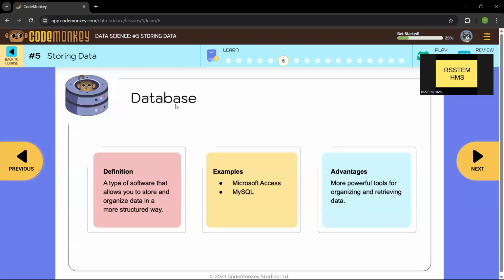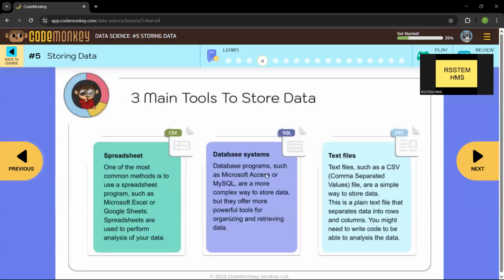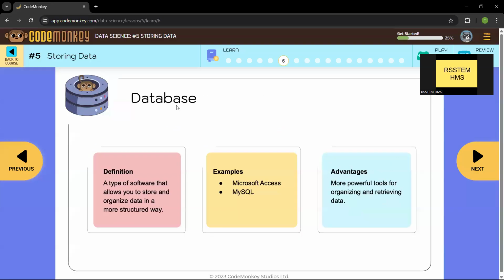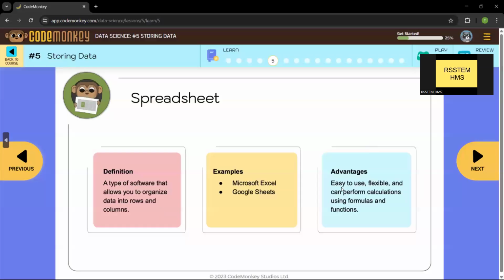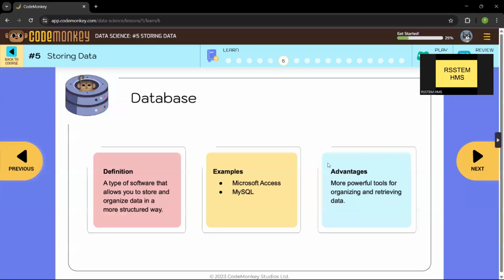Okay, now next, the database, Microsoft Access. It's similar to Microsoft Excel. It's a type of software that will store data, but it will store data in a more complex and organized manner. Microsoft Excel was very easy to use.